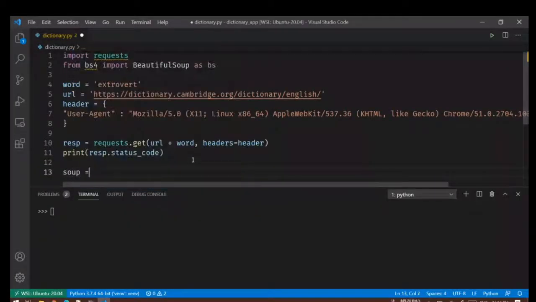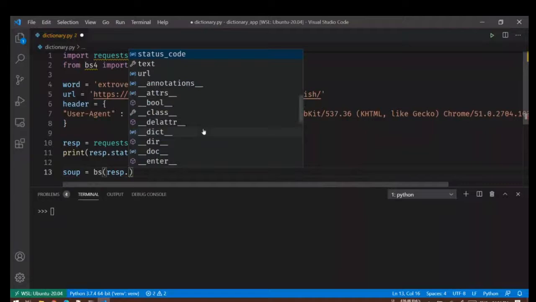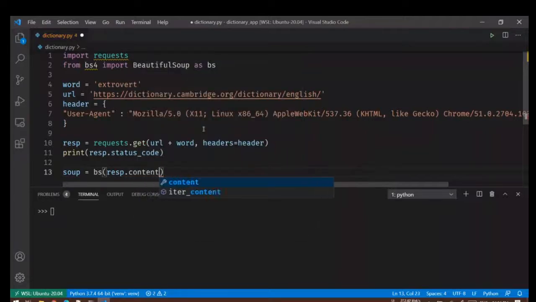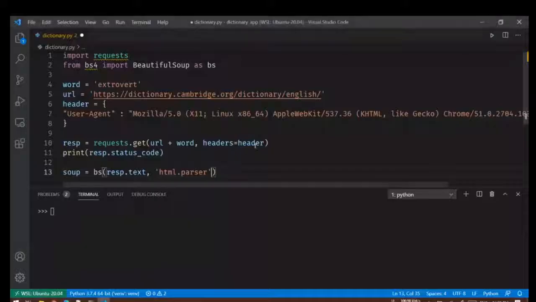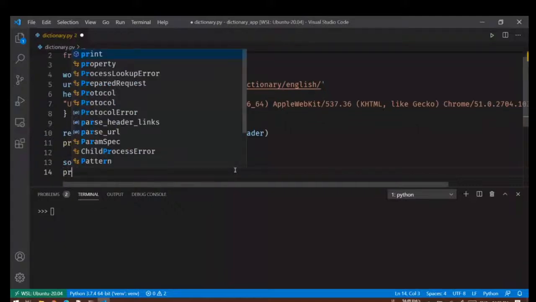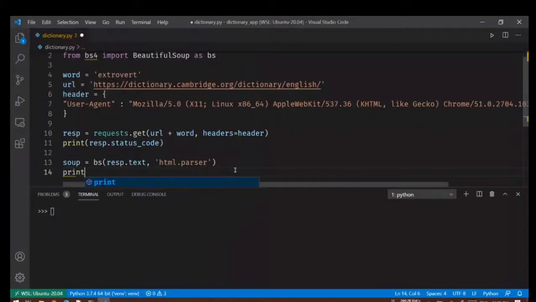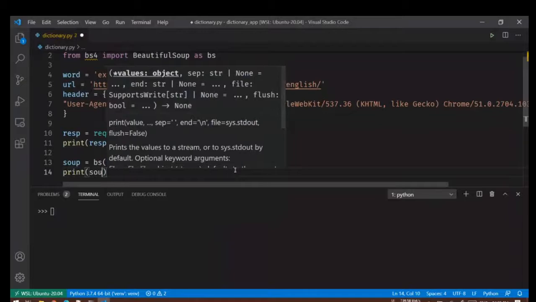I'll simply say soup is equal to BS, because our BeautifulSoup object is this, and I'll say response.content. You can also call text, it will give you the same thing. And then we have to say html.parser, because it's written here.